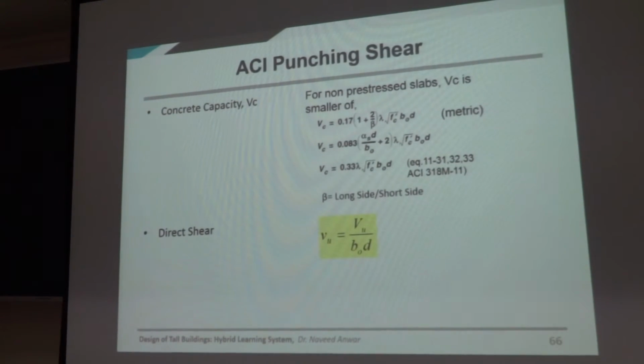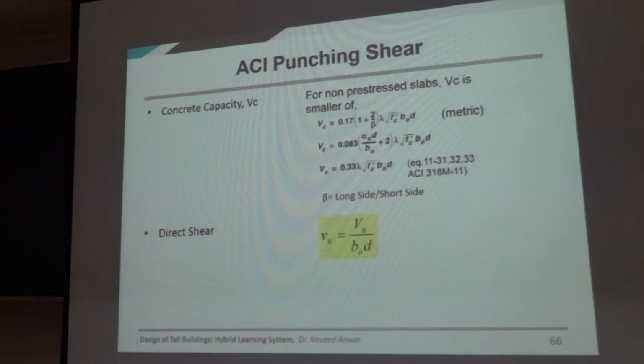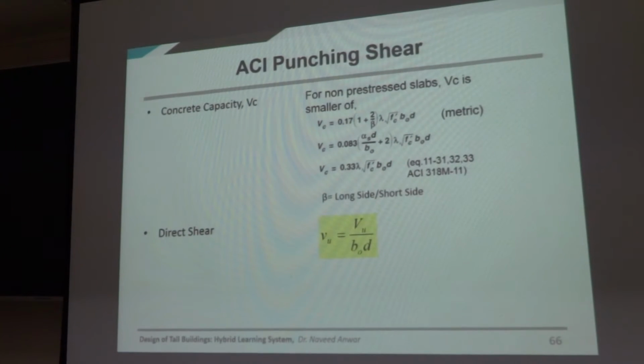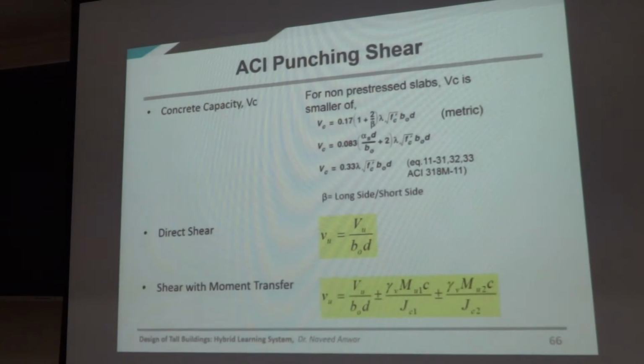But this part is not the problem. The punching shear from gravity load or direct load is not a serious problem. It can be calculated easily. It's a problem, but not that serious. The problem comes from the moment transfer, the second part,